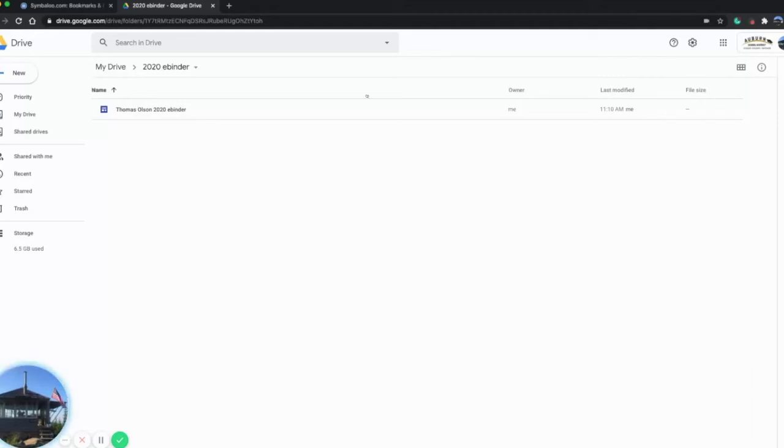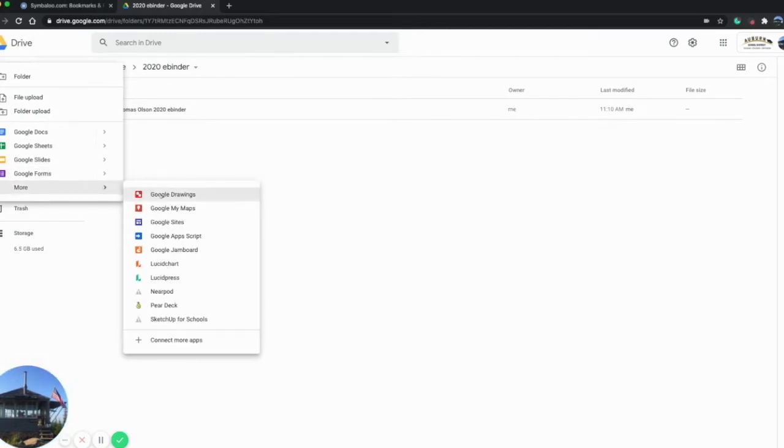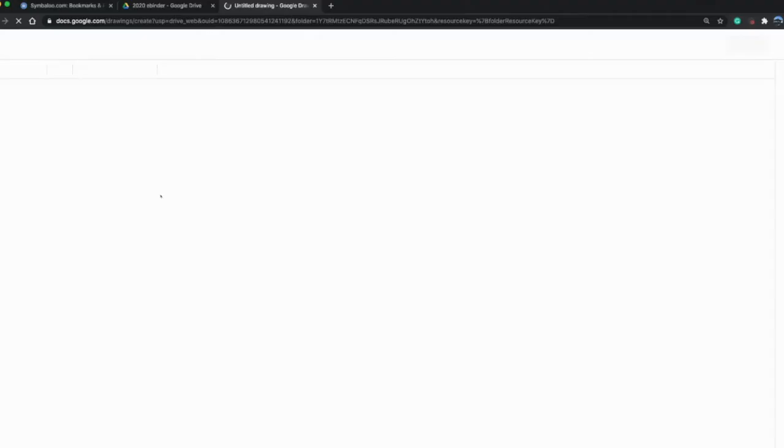Okay, Rainier, I want to show us how to use the Google Drawing tool. So in your Google Drive, you can click New, and we know about Google Docs, Sheets, Slides, even Forms. But under this More option here, there is Google Drawings. So I'll make a new Google Drawing,